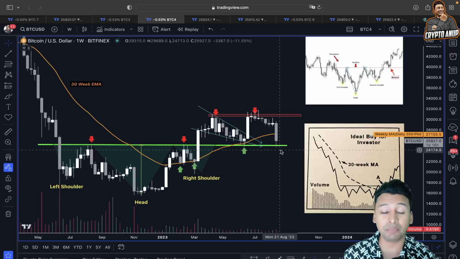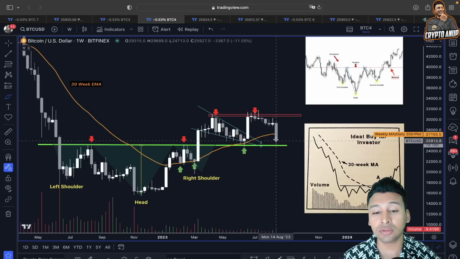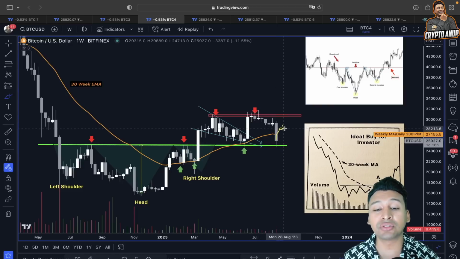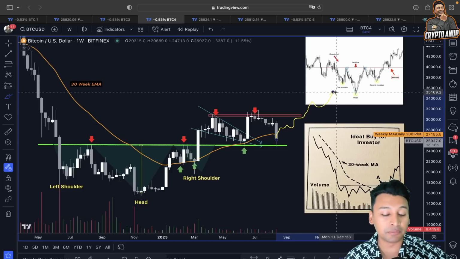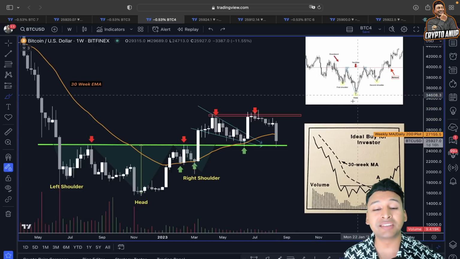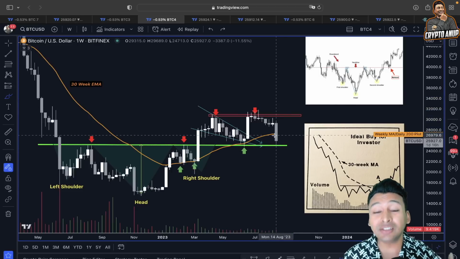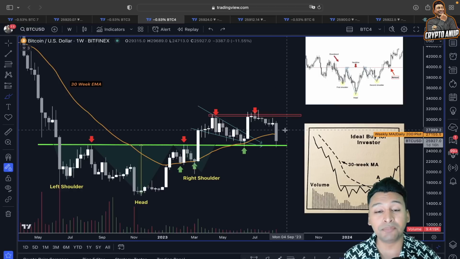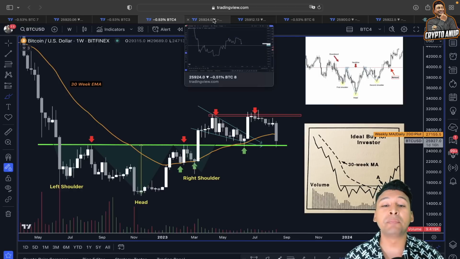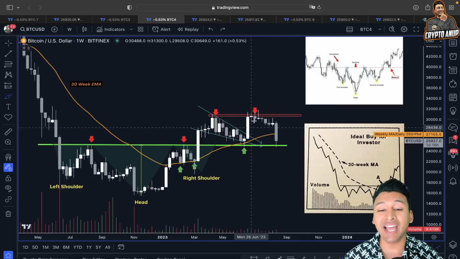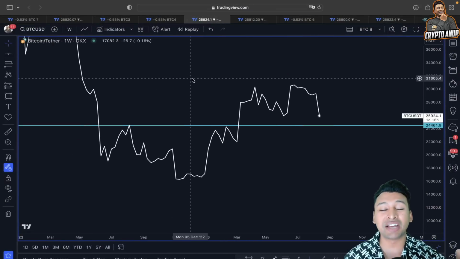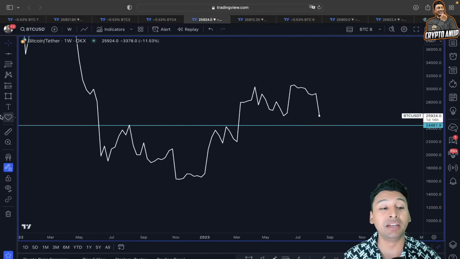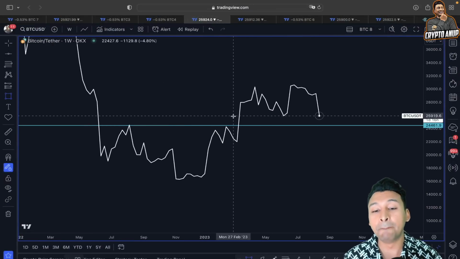So the price of Bitcoin must come in between 27,000 and 28,000 to remain bullish, to expect some range bound and even some continuation here to the upside. But if we fail to break out of this key line of resistance, or fail to flip this key line of resistance into proper support, then the upcoming days for Bitcoin could be bearish. And if that happens, then in that case, we should look at this price action in a very simple way. I mean, if the price in the medium short term breaks the support,